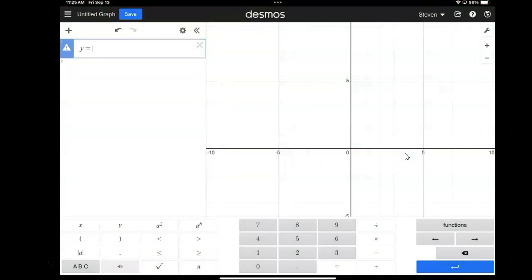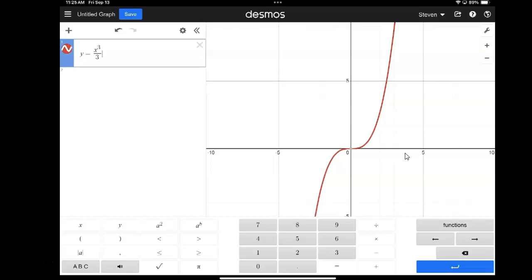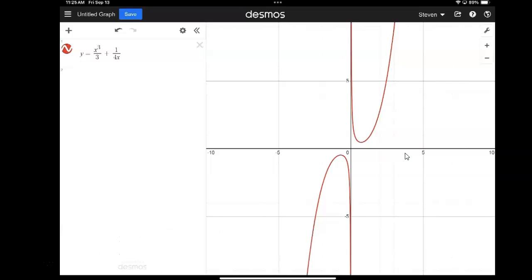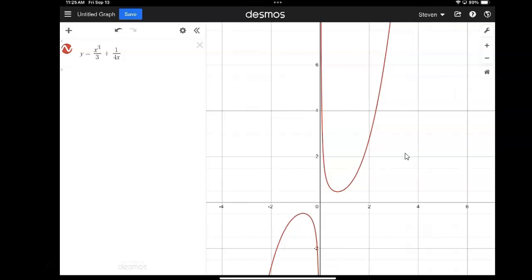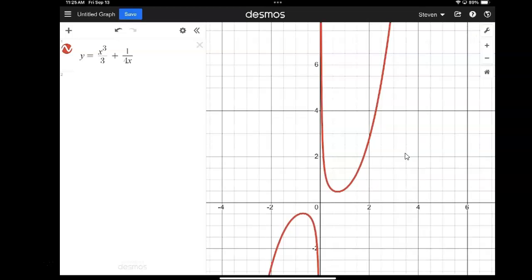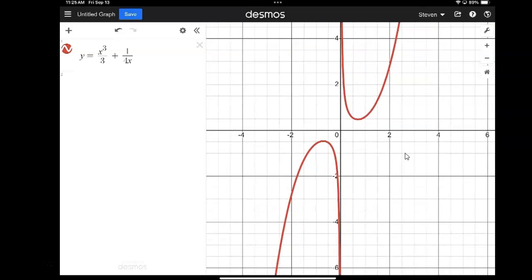Y equals x to the third over 3 plus 1 divided by 4x. So we're looking at this curve here, particularly this side of the curve, has an asymptote, of course, at 0. So we're looking here at this side of the curve, right here, starting at x equals 1 and continuing over